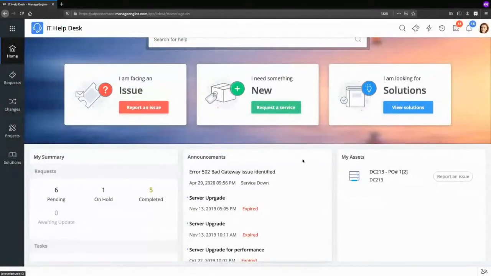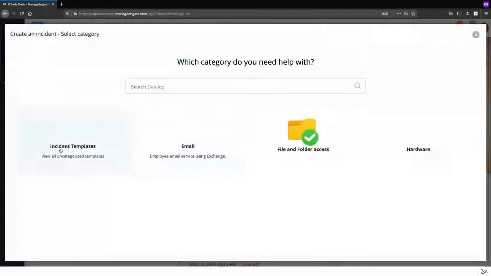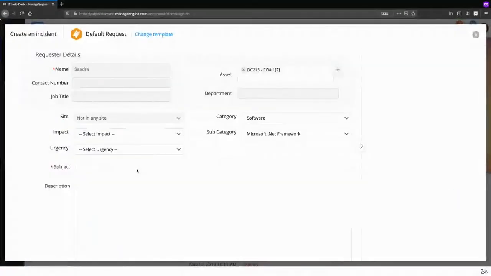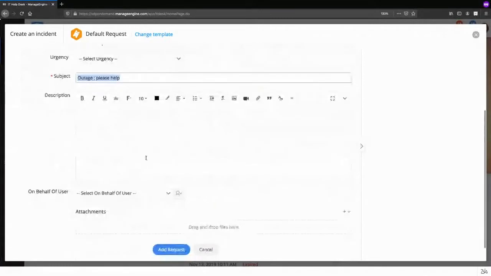So what it does is you're not only reassuring your customers that you are handling a major incident, you also have the opportunity to reduce the number of incidents that they're going to raise or report. But there are still cases where, just like Sandra, who I'm logged in as, I'm going to raise an issue. I saw the announcement, but I still want to raise and report this particular issue. So I will just say outage, please help, and I will try to post this